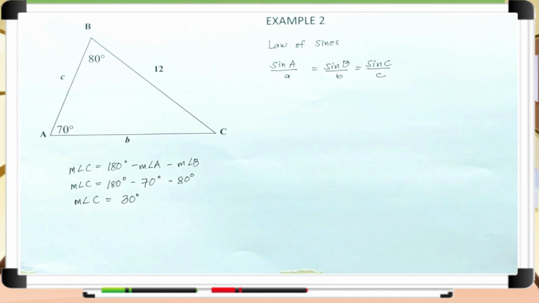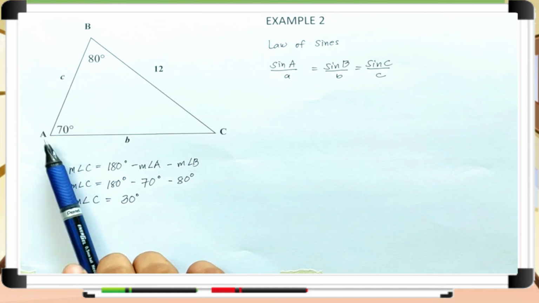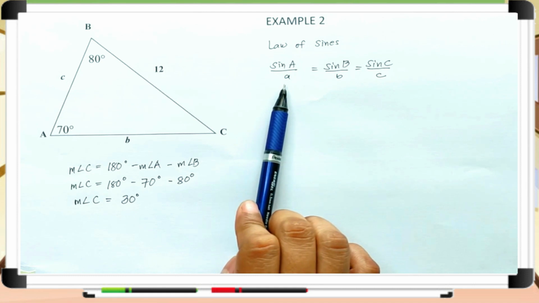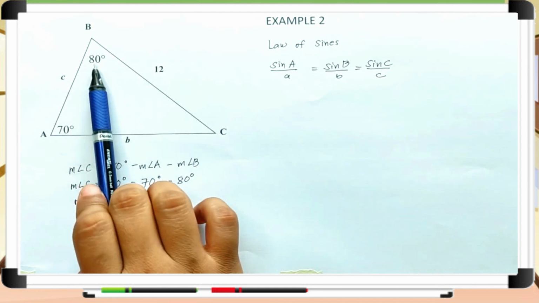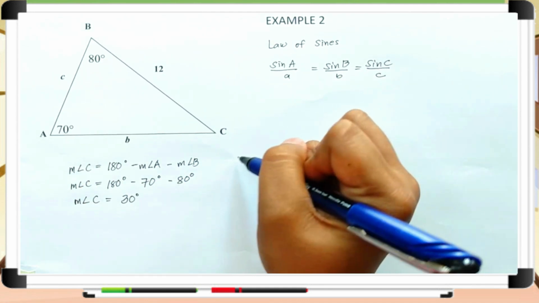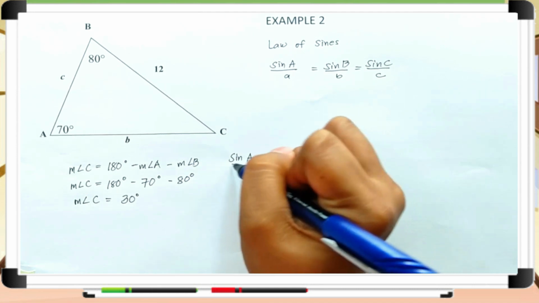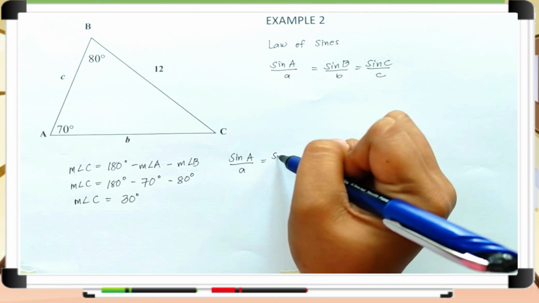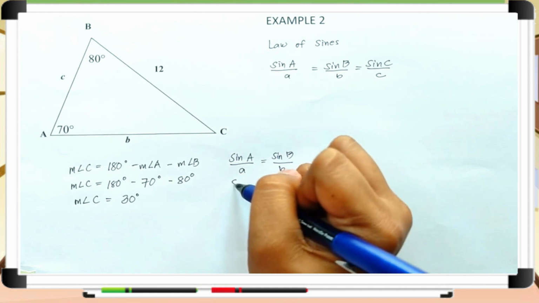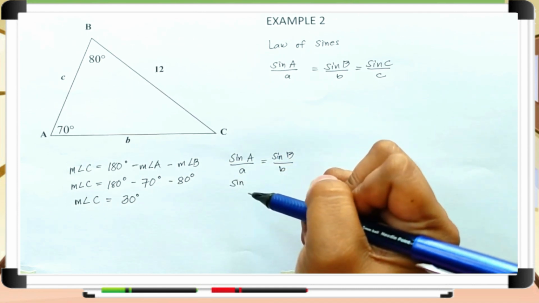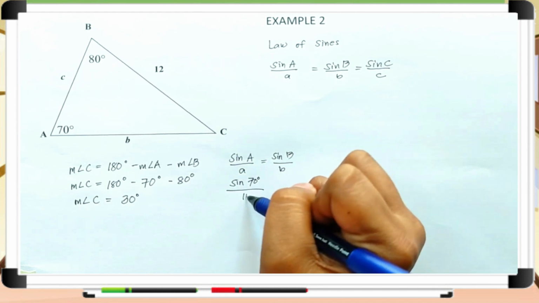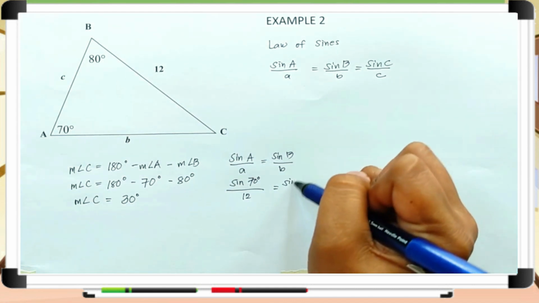So we have now the measure of angle C is 30 degrees. Again, looking at our figure, we have angle A and side A. So we can use sine A over A. And we have also angle B and we're looking for side B. So our formula is sine A over A is equal to sine B over B. Substitute the formula with the given values. We have sine 70 over 12 is equal to sine 80